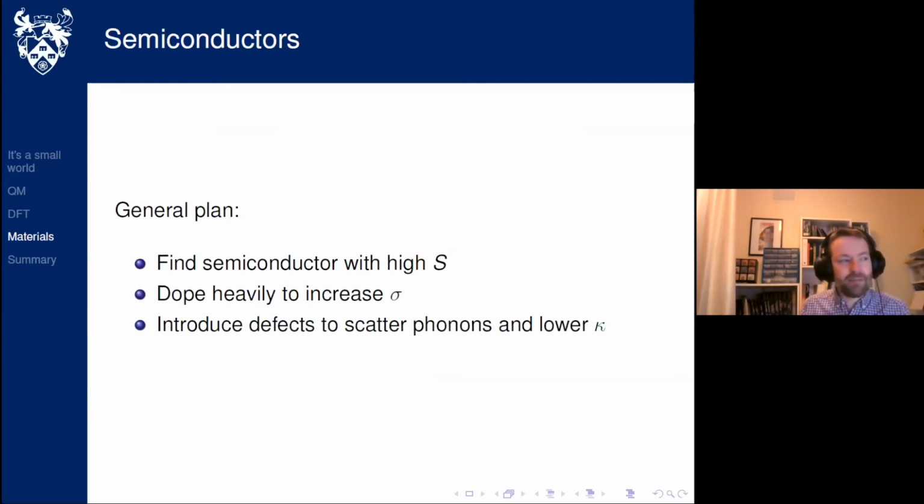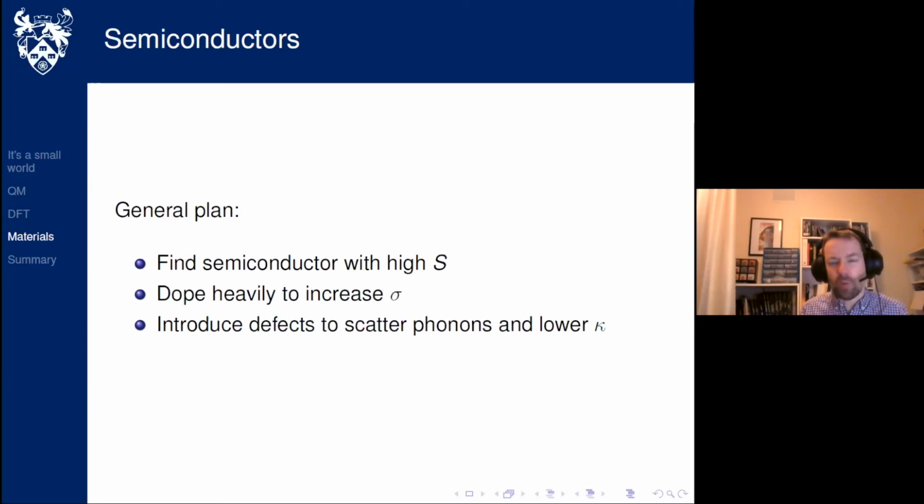But we can do that if we take semiconductors. So we can take a semiconductor. It could be a common one like silicon, although silicon's not normally very good for this because its Seebeck coefficient is quite poor and the thermal conductivity is really high. But we take a semiconductor, we add some extra atoms with extra electrons or fewer electrons, and that's called doping. And that gives extra carriers of electrical charge. So that improves its electrical conductivity massively.